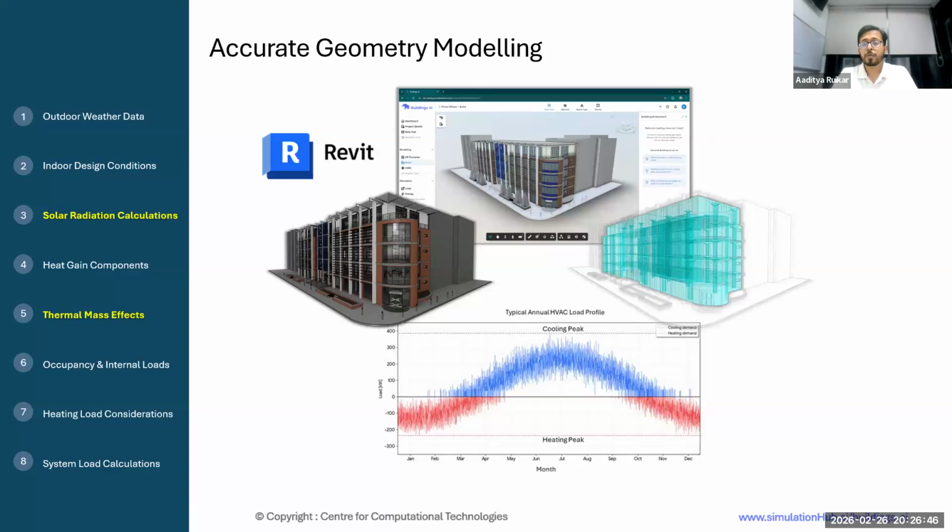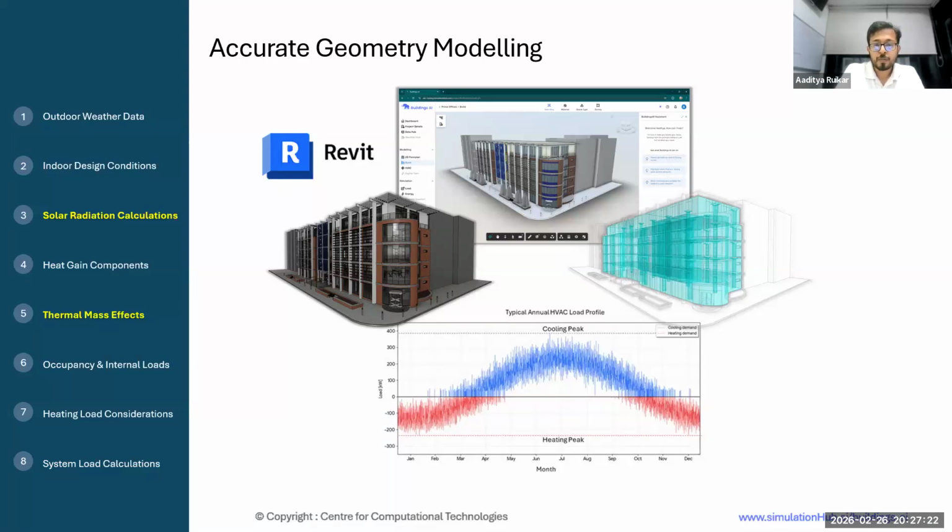The next thing is, from a designer's perspective, the most important thing is to accurately model the geometry, which is necessary and should account for all the surfaces. So all the surfaces like windows, doors, roofs, floors, it should include. On some occasions, ground contact of your floor is also necessary. For high thermal mass, your ground may remove heat from your space during cooling load calculations. For solar load tracking, your geometry should be correctly oriented.